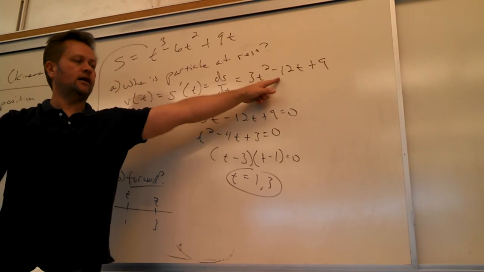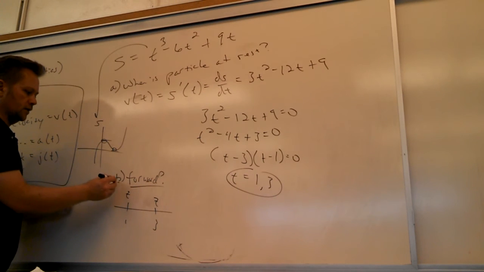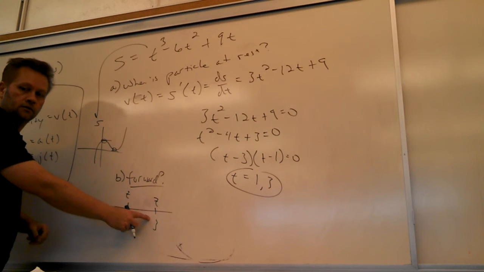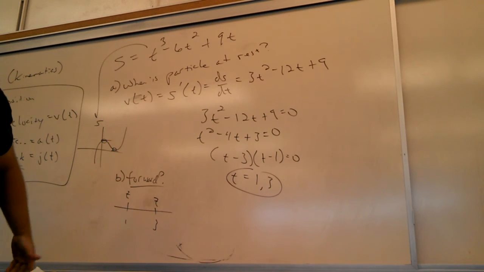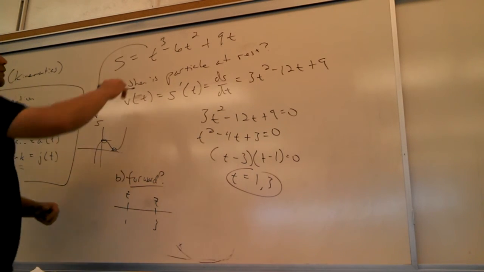The velocity is an upward-facing parabola, right? So where is it going to be positive? It's going to be positive out here, negative inside here. And I don't know if this puts any restrictions on t. I guess eventually they put it 0 to 5, but anyway, you have to look to see if they have